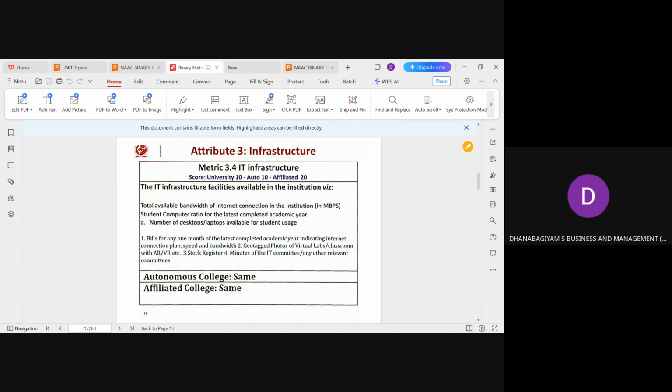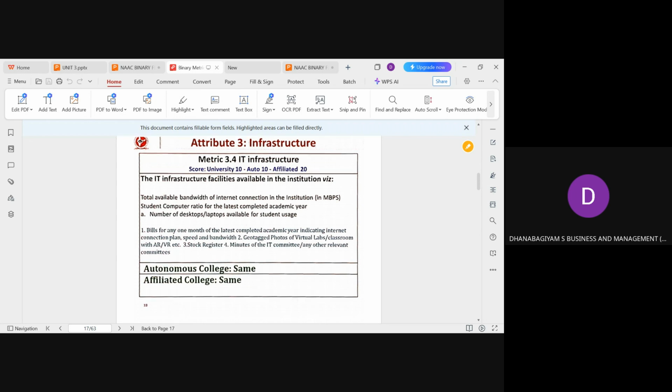For the IT facilities, for example, what is our bandwidth, and how do we support the faculties' preparation and the students' research, including by providing them Wi-Fi facilities. Everything can be recorded, and we can give good facilities to the students and the faculties. So whether we are providing enough bandwidth for internet and Wi-Fi connection, everything can be monitored, whether we have sufficient desktops and laptops. All this needs to be monitored.